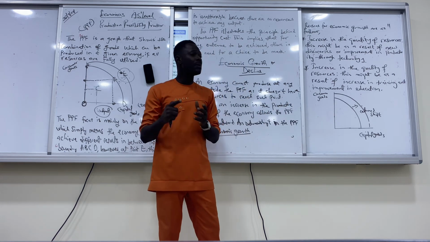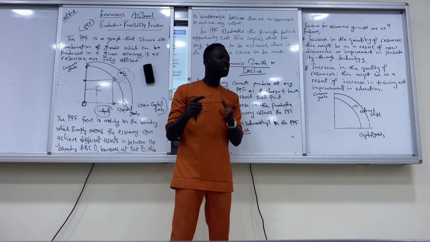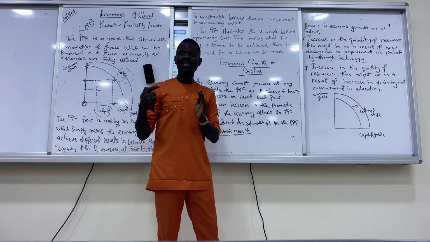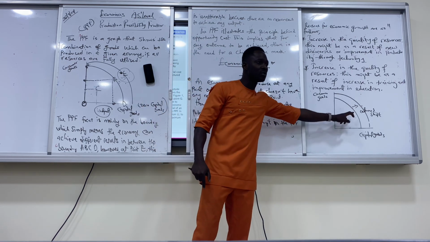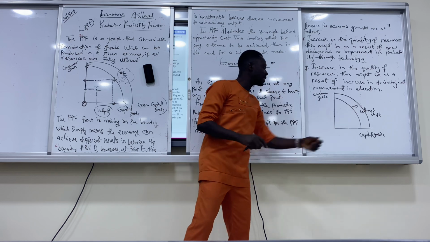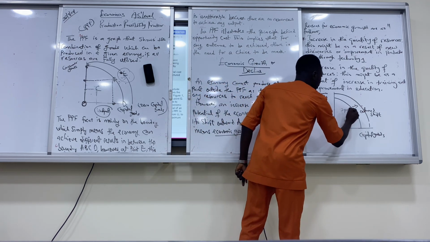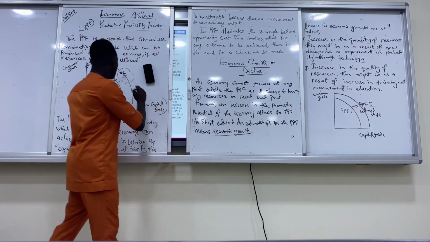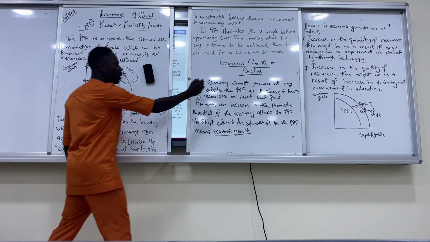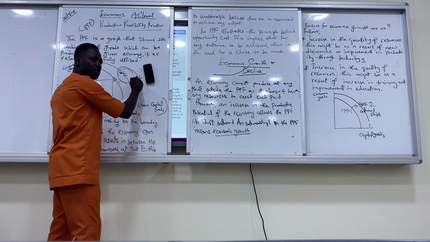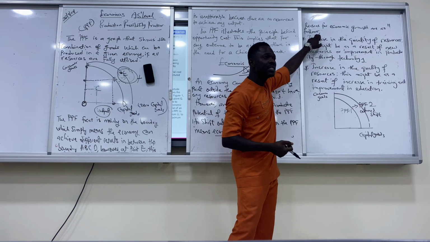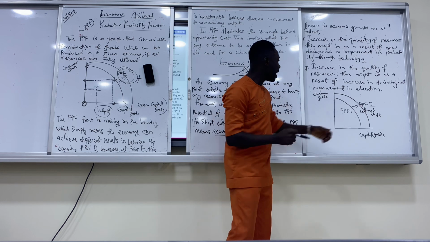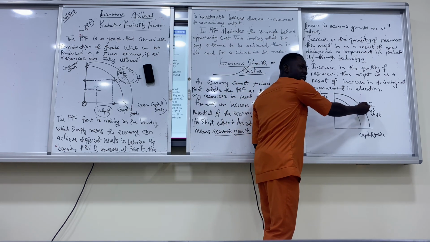For the quality, we're talking about education and training. With education and training, people's skills improve. As a result of that, their productivity would increase. And if that happens, the PPF will also shift outward from this point to the other point. So we can say from PPF 1 to PPF 2. Do we get it? This point is unattainable, but with economic growth, it is attainable. It will be attainable because we are able to increase the quantity and the quality of our resources. Doing that means our PPF 1 will move outward to PPF 2.